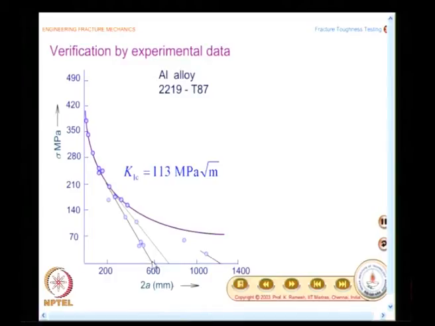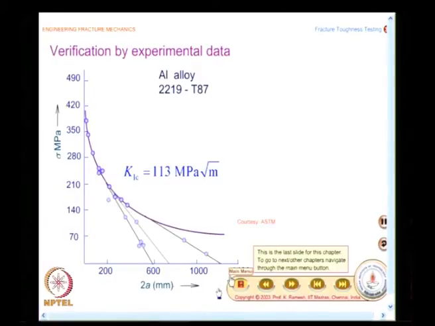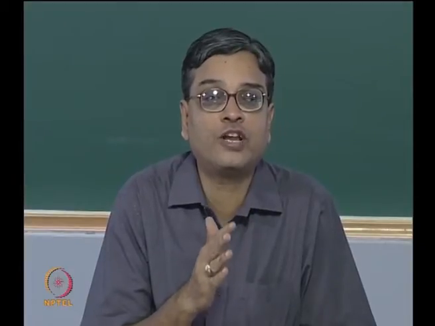and using Feddersen's approach, you can draw tangents for different panel widths, and people have found that some of the data from the tests also match with these lines in the experiment, and this is the courtesy of ASTM. So, this gives the justification that Feddersen's approach for engineering analysis is reasonably acceptable. We can carry on with it.